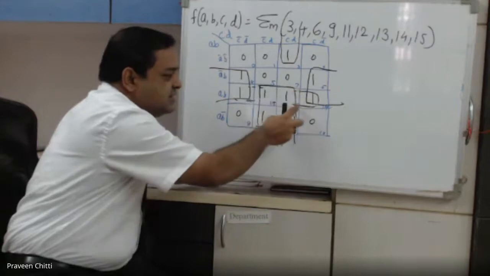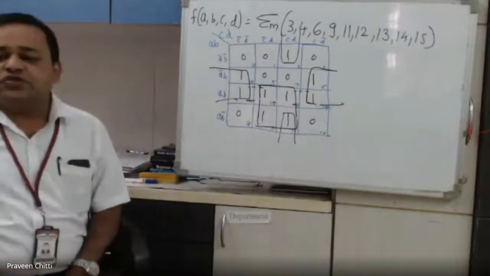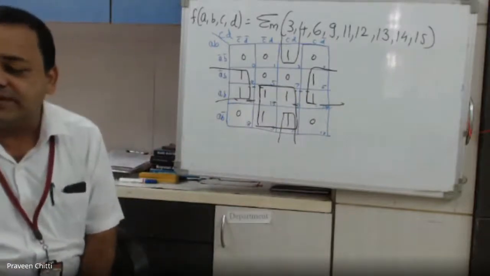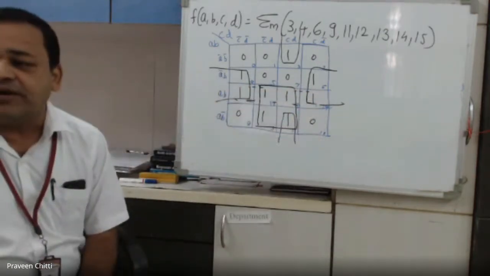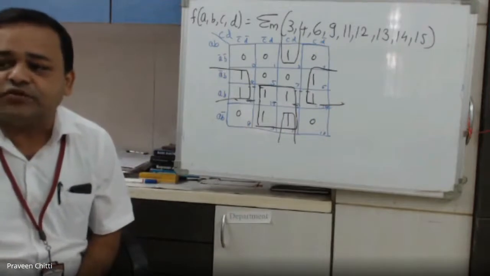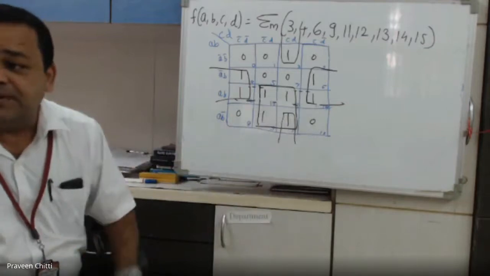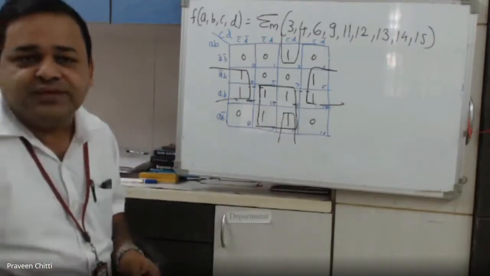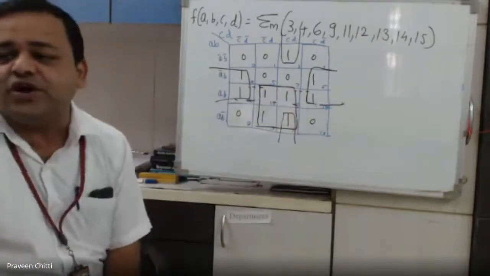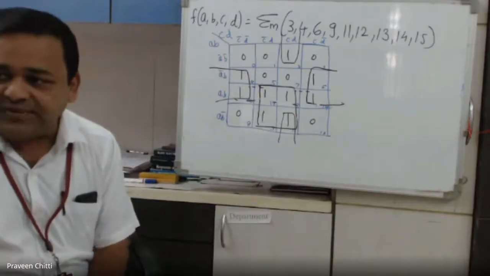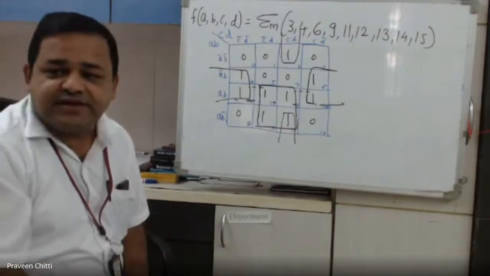So that's why I said it all goes with the user's ability to form the groups. We should not consider that particular quad. Is that clear? Why should we not consider that quad? Because the 4 ones present in that quad are completely covered by some other groups. If out of 4 you cover 2 or 3, that is acceptable. But since all 4 are covered by other groups, this original group which you have formed is not required. That becomes redundant.